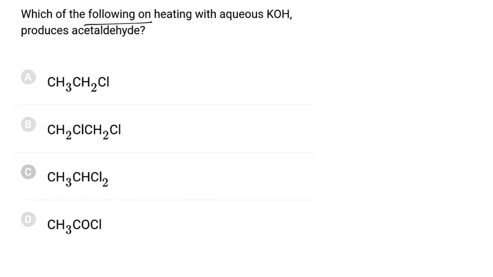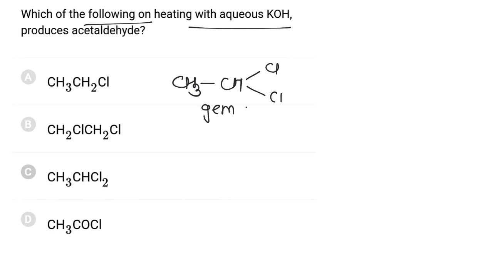Which of the following on heating with aqueous KOH produces acetaldehyde? So when both Cl are attached on the same carbon, this type of compound is called a gem dihalide. Now gem dihalide on reacting with aqueous KOH, OH negative will replace both Cl negative, so it will be converted to